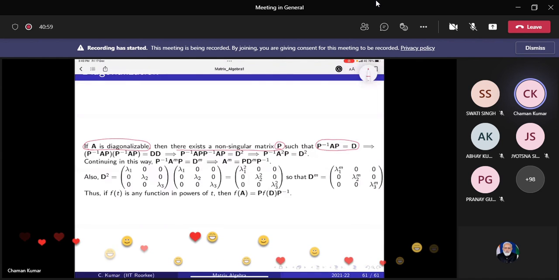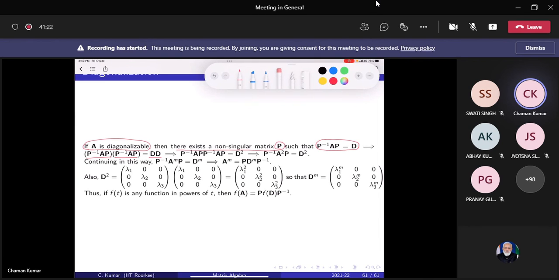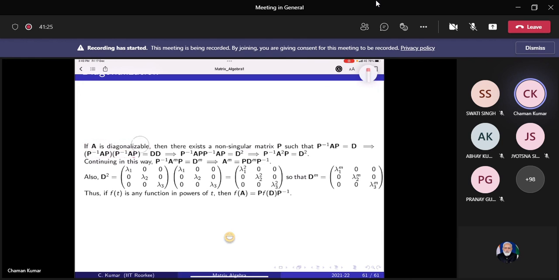Okay, so I was saying that A is diagonalizable. That means there exists a non-singular matrix P such that P inverse AP is equal to D. Now, from this relationship, we can say that P inverse AP into P inverse AP is equal to D into D. So we have this relationship, and the left hand side